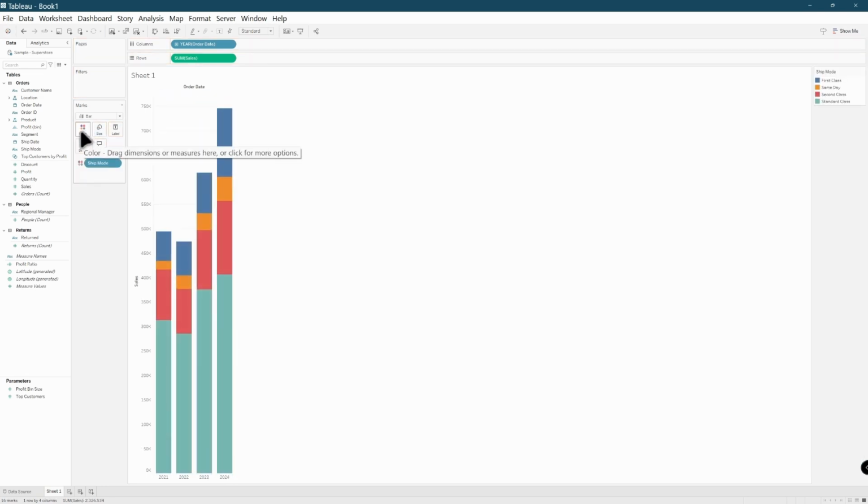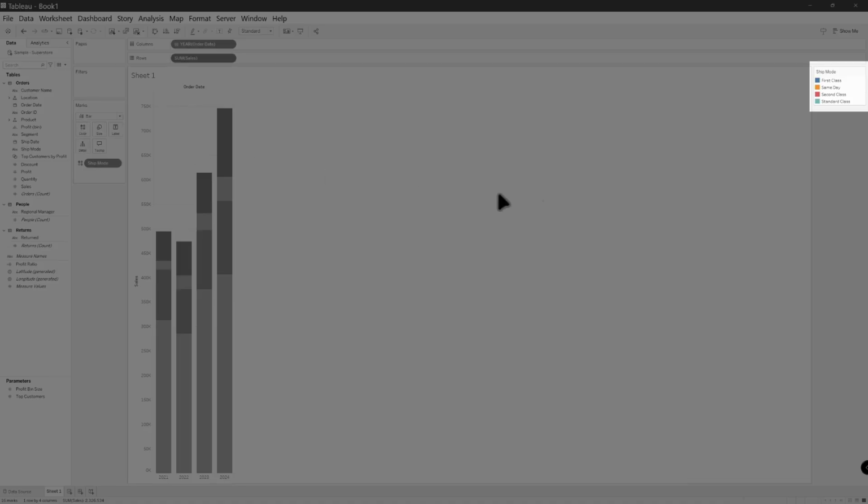And we can see that it has divided our sales by ship mode. If you need to know the key behind these colors, you can look to the right and it automatically creates a key. As you see, we have ship mode: first class, same day, second class, and standard class.